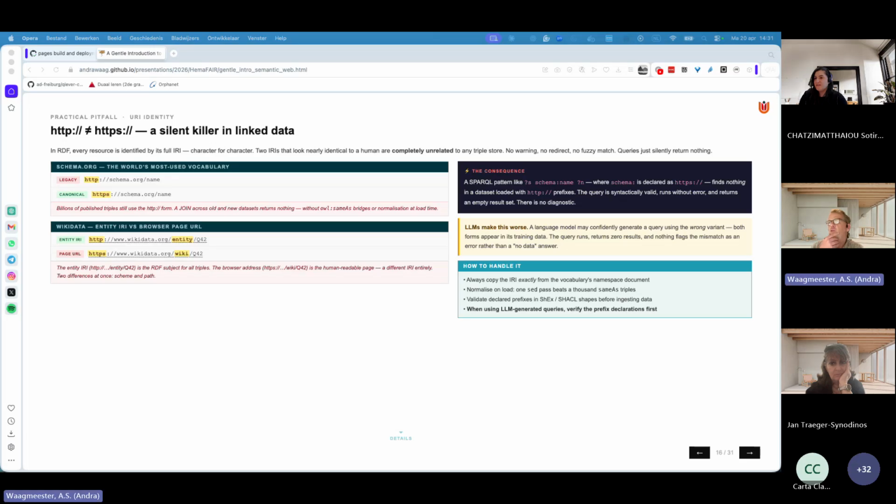Thank you. So there are many issues with LLMs. I'm really diving in, and I recommend everybody do so. It is also a nice way to learn, but there are quite some caveats. And the thing where I lost most time is this issue, which is not limited to LLMs as well: the difference between HTTP and HTTPS. It's actually what I tried to put in these lines. I said, when using LLMs generating queries, verify the prefix declaration first. This is something one should do by design, whether you use LLMs or not, because